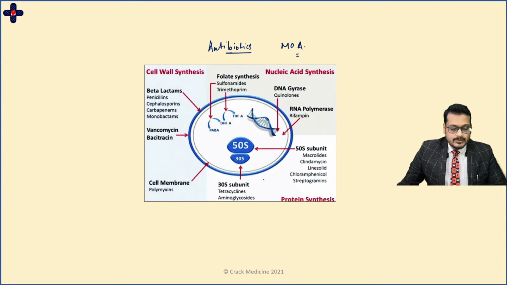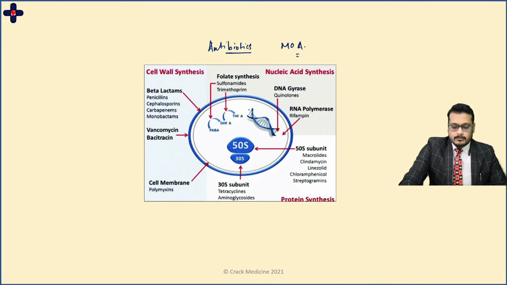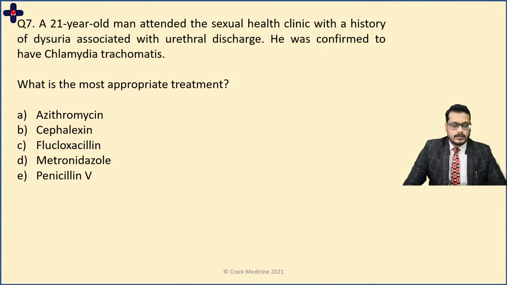Please note that sometimes they can give you the 30S subunit and 50S subunit protein synthesis inhibitors, so you need to be very sure about this. And DNA gyrase inhibitors, quinolones, are very notorious, so remember this. Like I said about remembering things and links, when I think about quinolones and what else they can cause, what their side effects are, you can link it to this picture when you're making your own notes. Okay, enough of talking. Now let's move on to the next question.